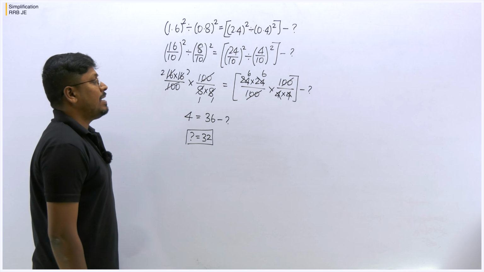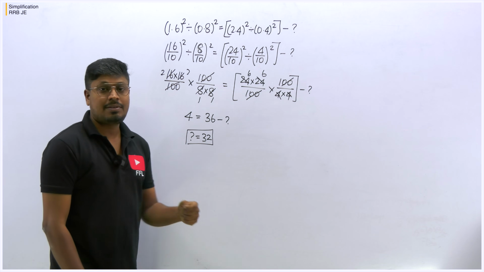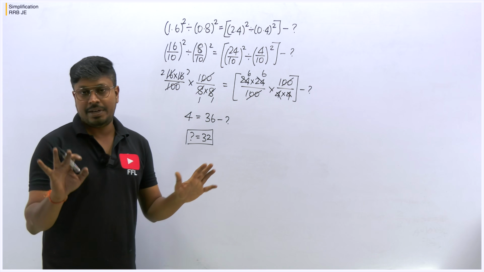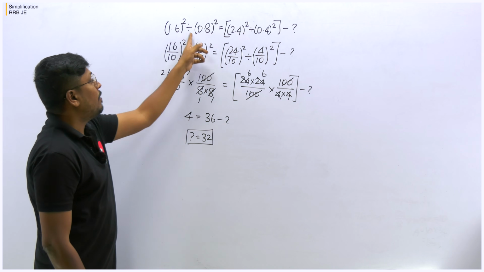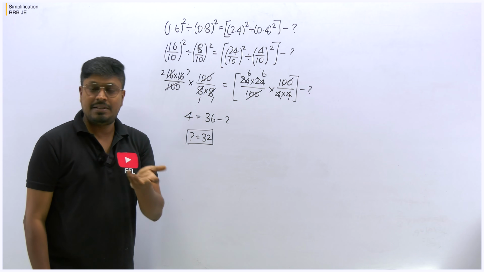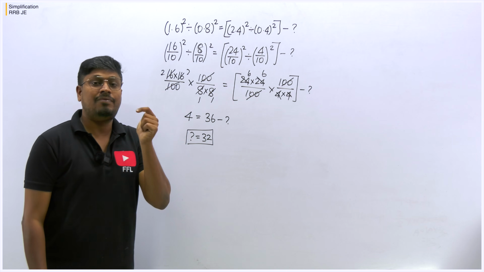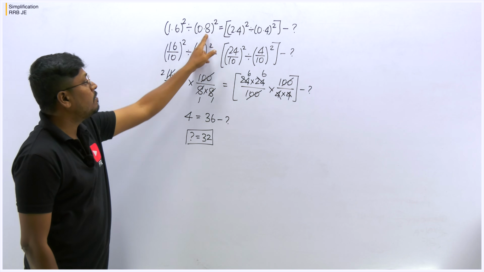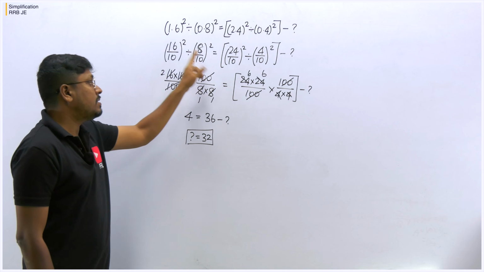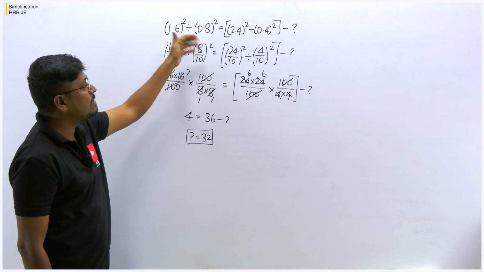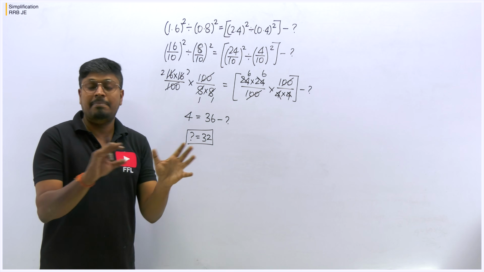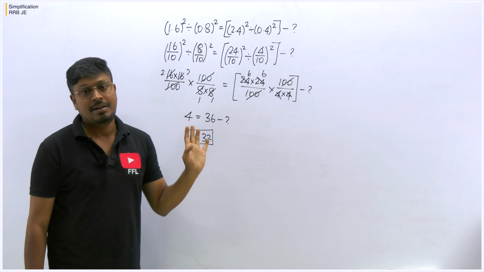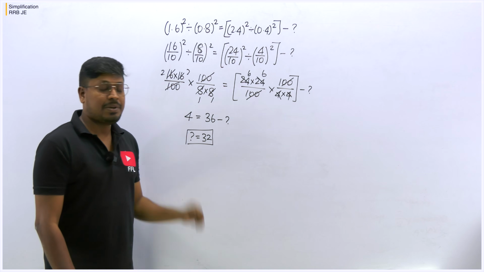That's the reason I'm saying every time you see a question with a decimal point, initially remove it, even if the number is easy. 0.8 square, everyone knows it is 0.64, since 8 square is 64. But there is a chance of making a mistake while putting the decimal point on that number. So remove it, write it as 8 by 10 and then square the number. You can cancel with other numbers so that the complete question becomes very simple, and solving all these parts seems very easy, right? So the answer for this question is 32.